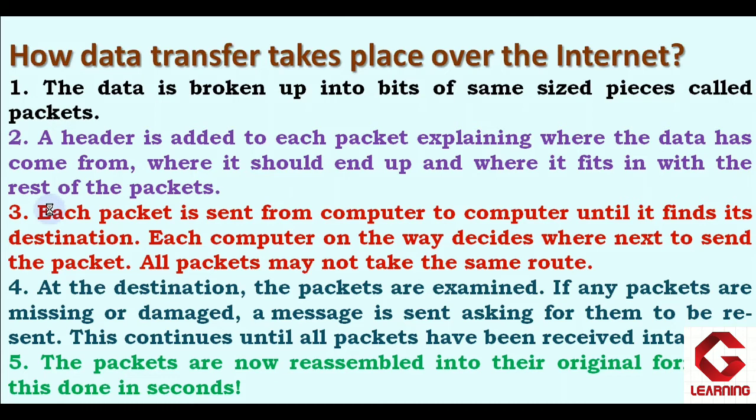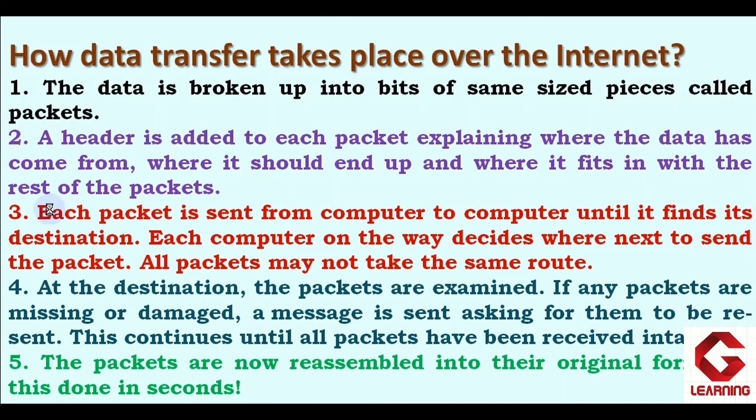That 100 KB message will be divided into same small size pieces, and here we can consider the size of each piece is 10 KB. In this way there will be 10 pieces, but this size actually varies based on the protocol, and various protocols are available. So as per my example, the 100 KB message will be divided into same small size pieces, and as I'm considering the size of one piece is 10 KB, there will be 10 packets and the size of each packet will be 10 KB.